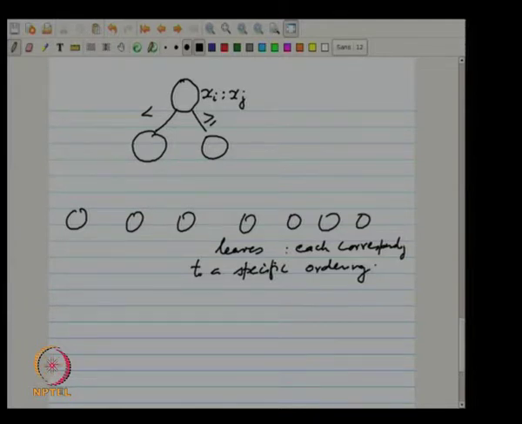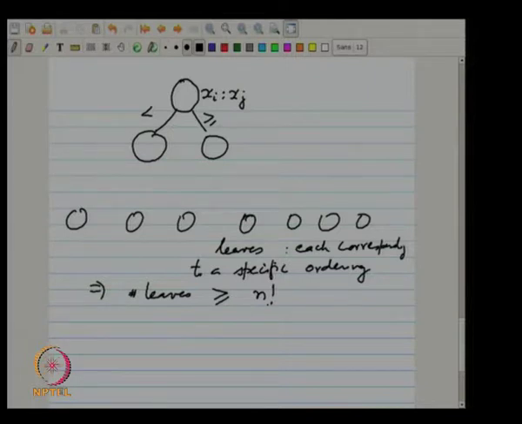And therefore, the number of leaves should be greater than or equal to n factorial,